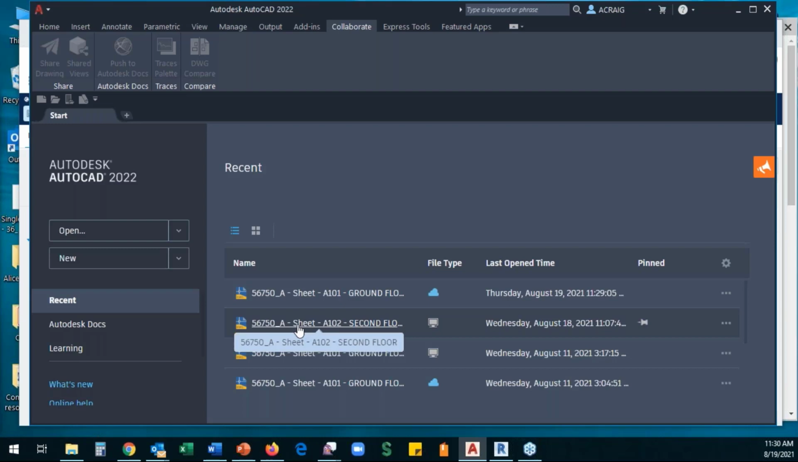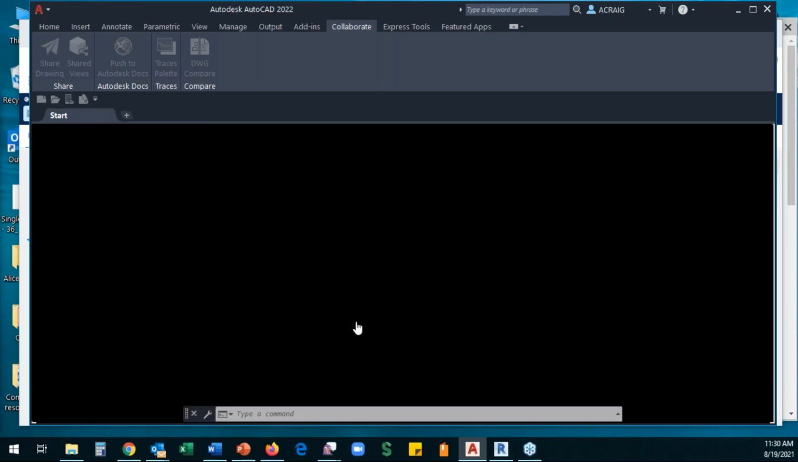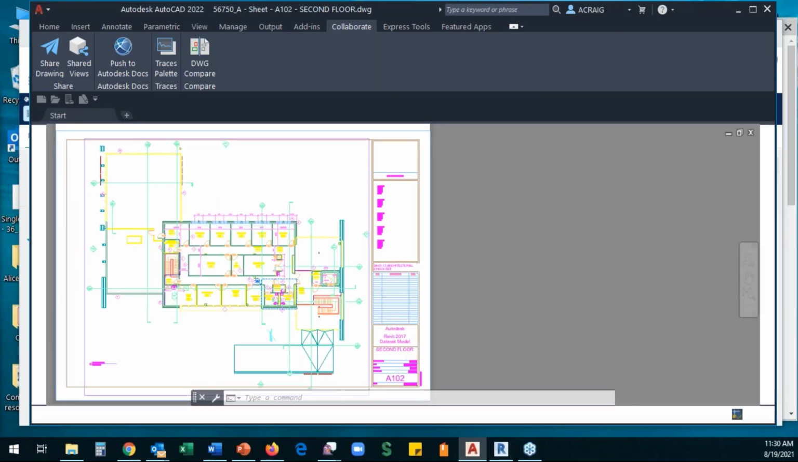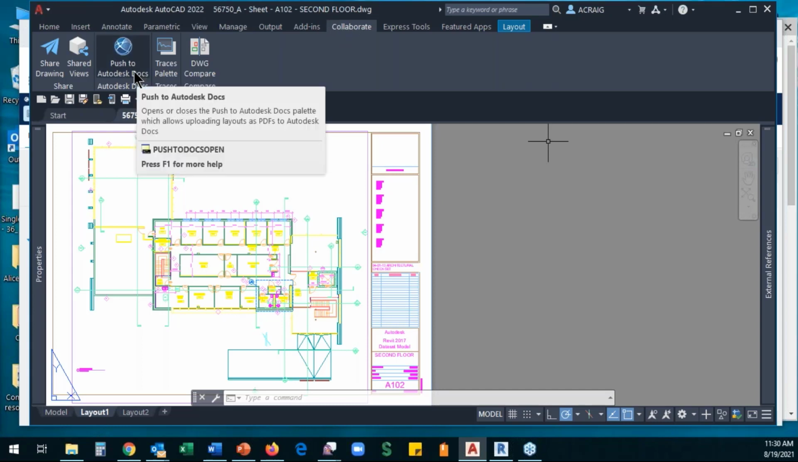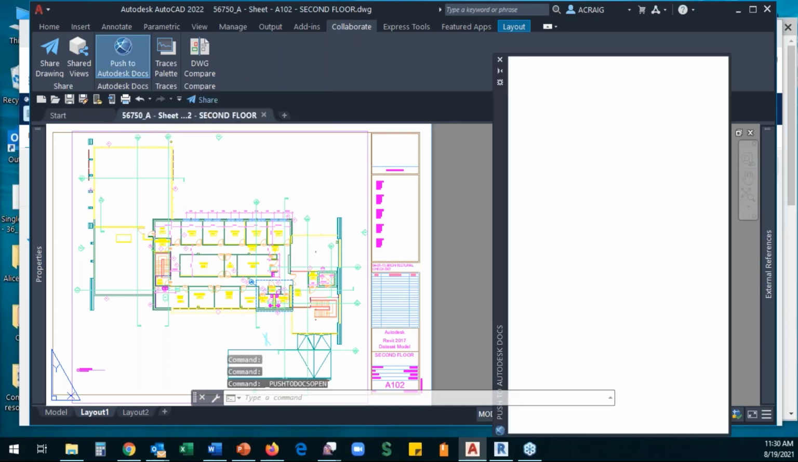local sheet that's on our C drive here, and talk about how do we get these AutoCAD drawings up into the cloud in the first place. So Autodesk has put in recently a Collaborate tab that allows you to push your documents directly up to BIM 360 or Autodesk Docs. So if I click on this,